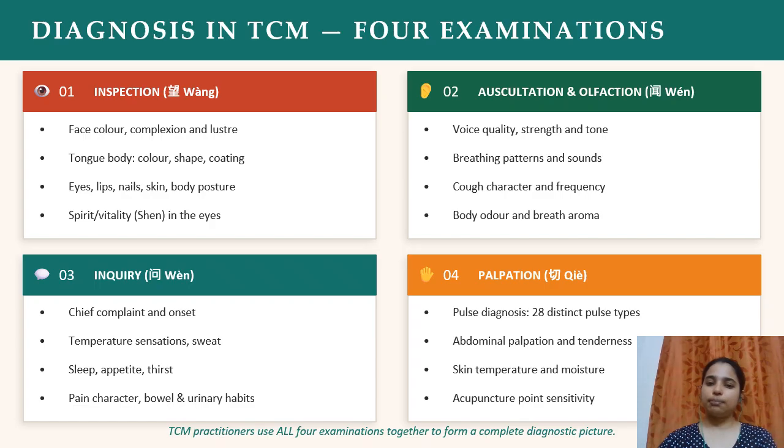And coming to the palpations, in palpations, they check the pulse types. In TCM, we have around 28 types of pulses, and the doctor individually checks the pulse to see what type of pulse the person has. And again, skin temperature as well as acupuncture point sensitivity. Acupuncture is a treatment modality in the Chinese system of medicine. Many of you may already know that because nowadays it is becoming common in Kerala also,